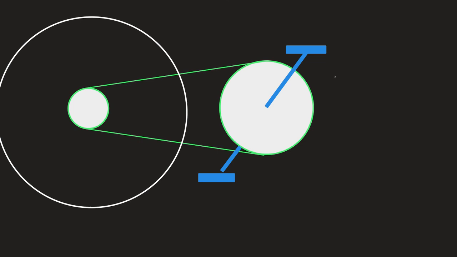We say that the forward sprocket, called the crank, and the rear sprocket, called something, it escapes me, are both sprockets and gears, but they are what we say collinear